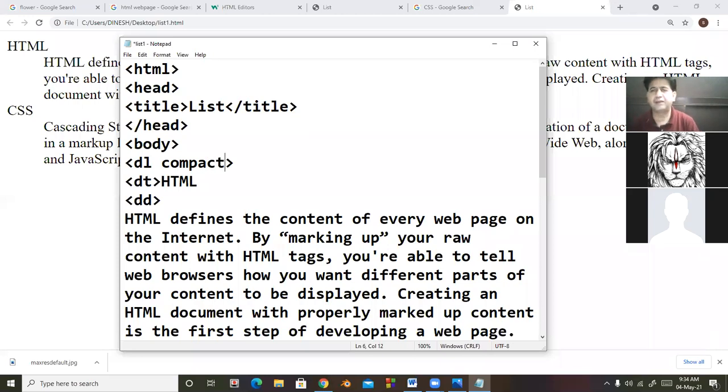This is applicable in case your term is very short, and in that case the term and your description both will be displayed in the same line.